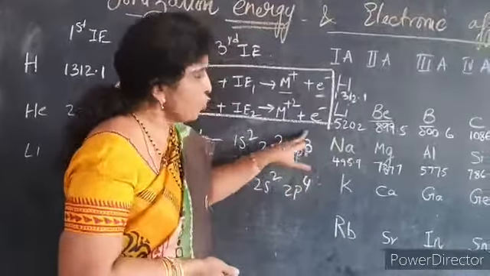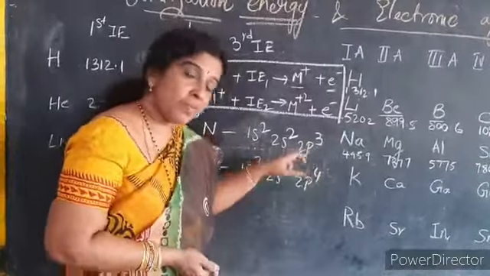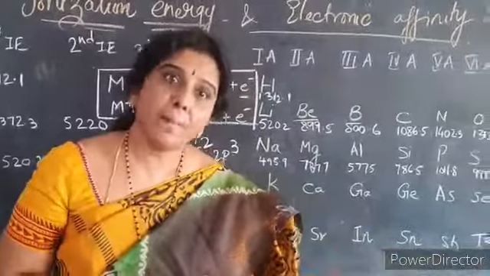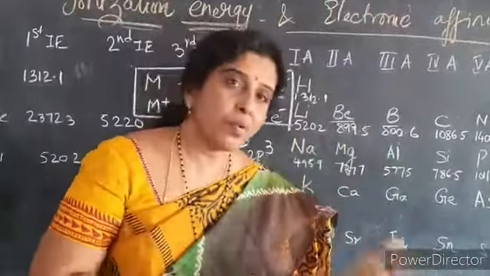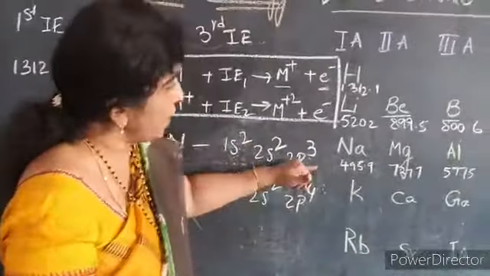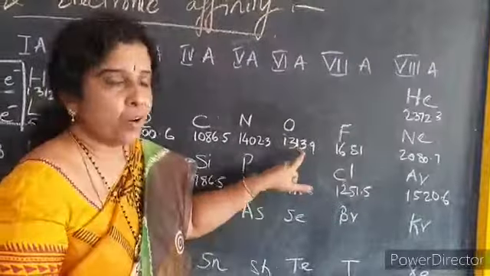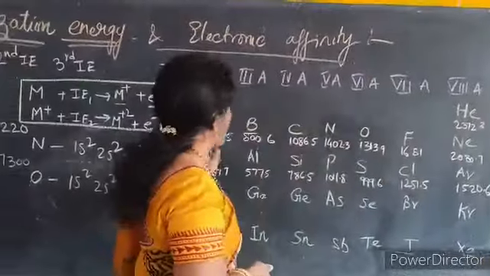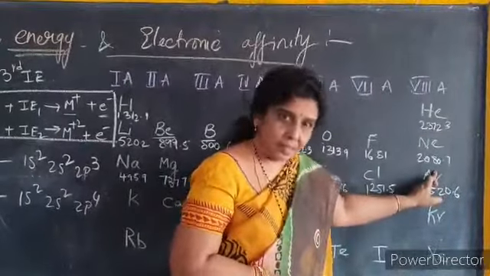So the capacity of p is 6. So here how many are there? 3, exactly half. So remember students, either if the orbital is half filled or completely filled, that gives stability to the atom and you need to apply more energy to remove the electron. So because of the stable configuration, the ionization energy of nitrogen is greater than oxygen. But in general, what is happening to ionization energy? As we move from left to the right, ionization energy increases.